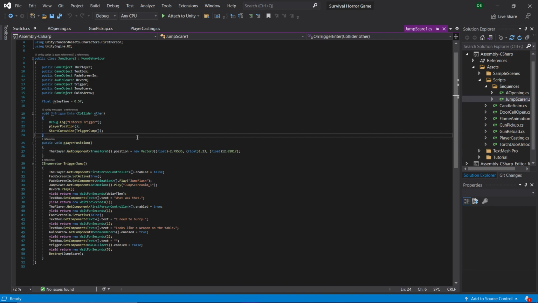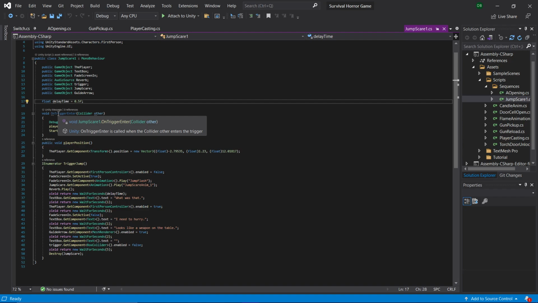It does have a whole lot more variables, and it has an extra void, which is OnTriggerEnter, which just debugs that long. It's a collision one. It's being triggered by a collision, which is a totally different thing. But you can basically remove this and